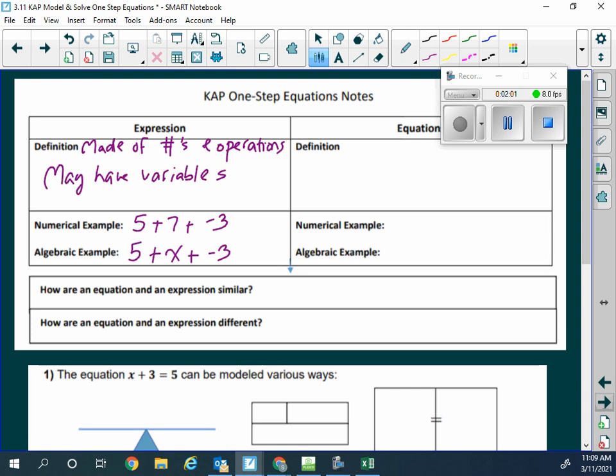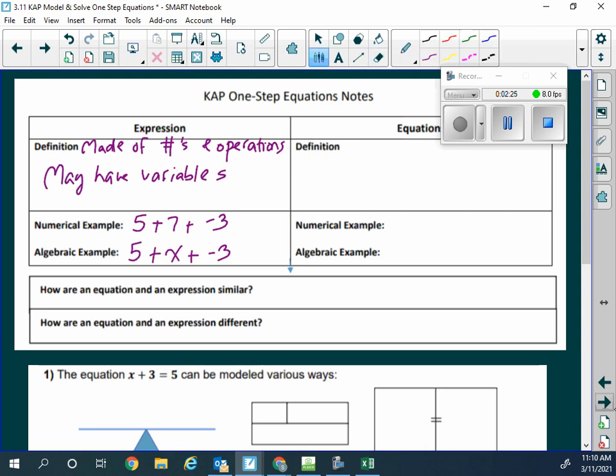The top one we can solve, right? Because we're just combining numbers together. But the second one, can we solve that? No, and that's what we talk about. You can't go any further with this. I mean, you could combine, I guess, the 5 and the negative 3. But you can't then go any further because you don't know what x is and you don't know what it's equivalent to. Okay? Versus an equation is